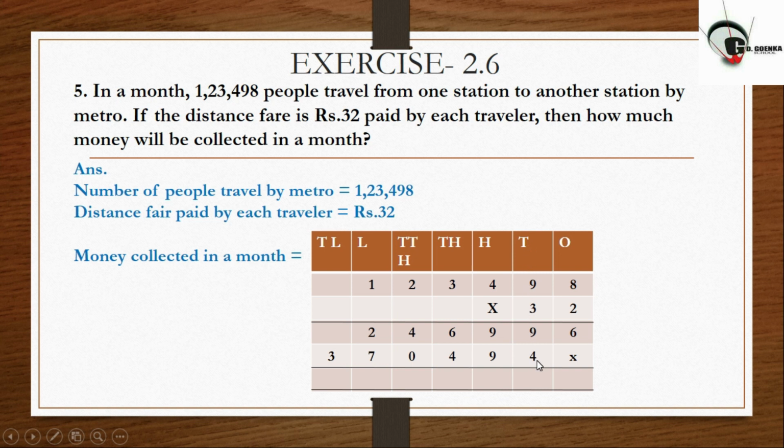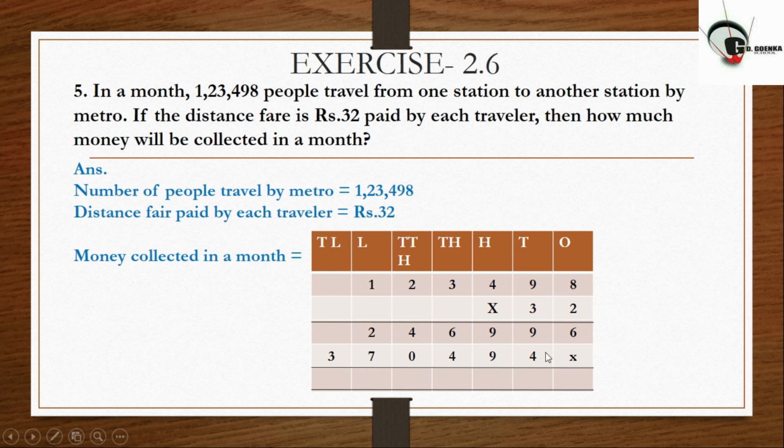And one more thing, children, instead of this cross you can add a 0 as well here. As we are starting from the tens place now, because 3 is at the tens place. So now let us start. We have to multiply all these digits of this number by 3.